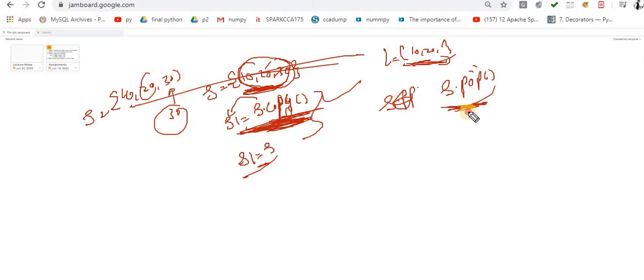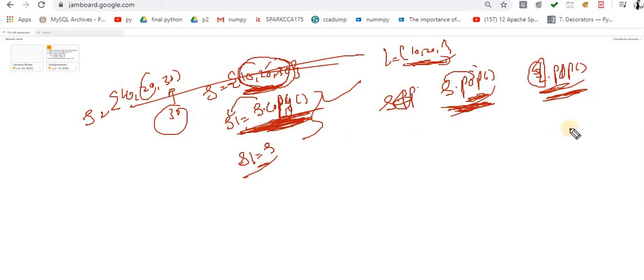In this case, the pop method is the same. The pop that is used for set is also used for list, as we discussed in the last chapter when we discussed the list. So this is the difference between pop inside this set and pop inside this list. So keep this point in mind.